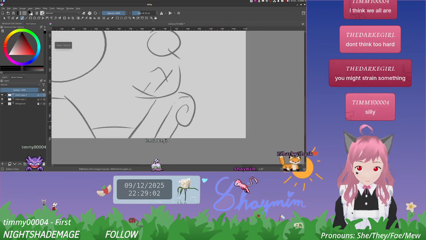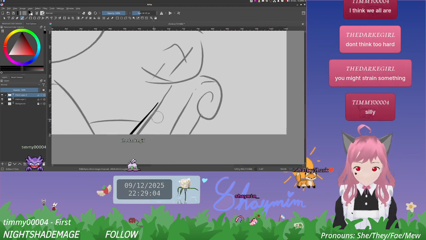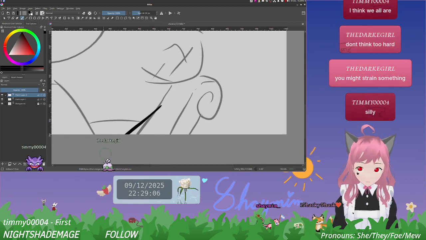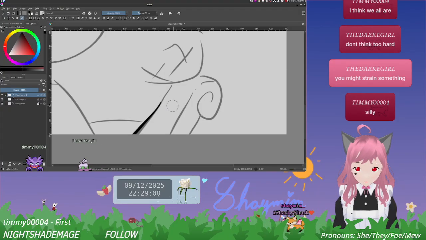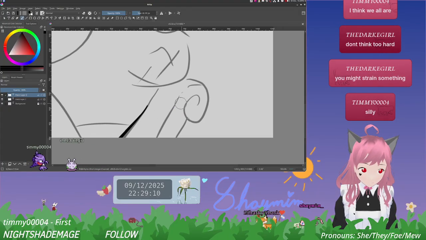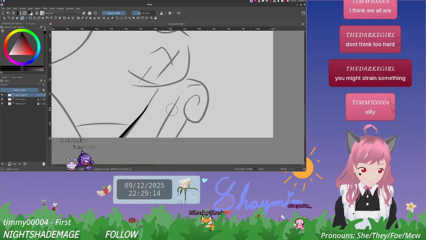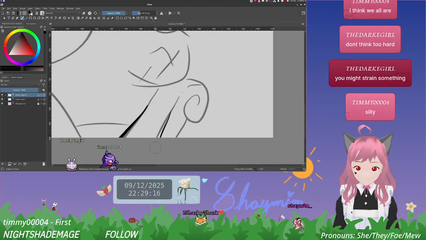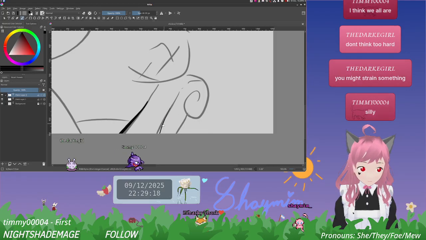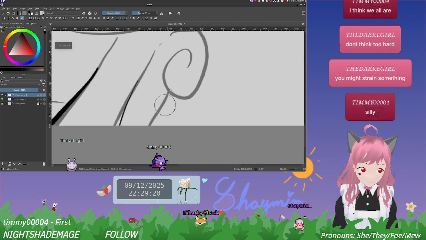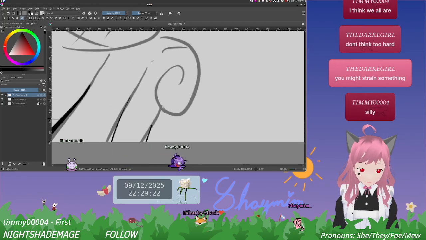Let's see, this was a decent enough guide. Let's try making it like that, perhaps. And then having it curve away like this time. And then this one's basically parallel there.